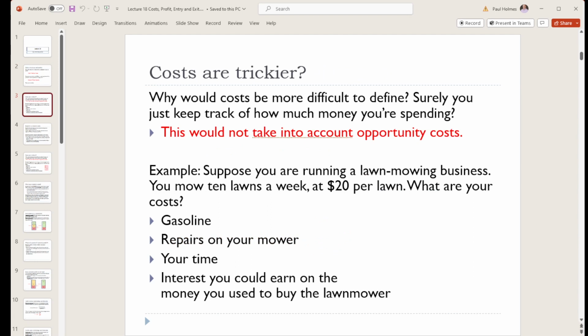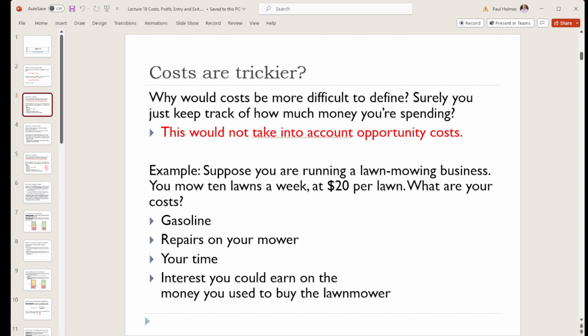And the reason for that is that our purpose in economics is thinking about whether a firm should continue to exist or not, continue to operate or not. Because of that, we need to think about all of the things that a firm owner is sacrificing in order to run that business. These include all of the opportunity costs of running the firm. That is everything that you have to give up in order to perform that activity of running the firm.